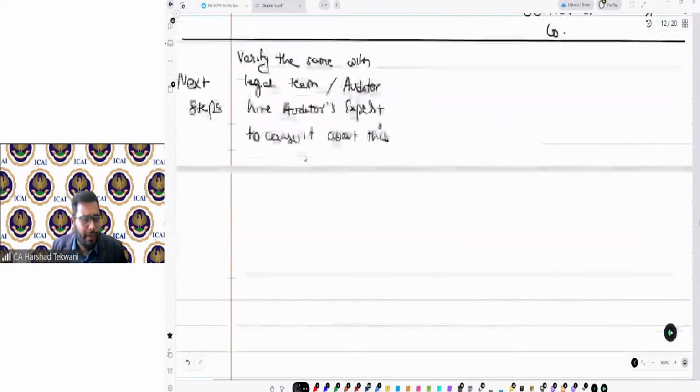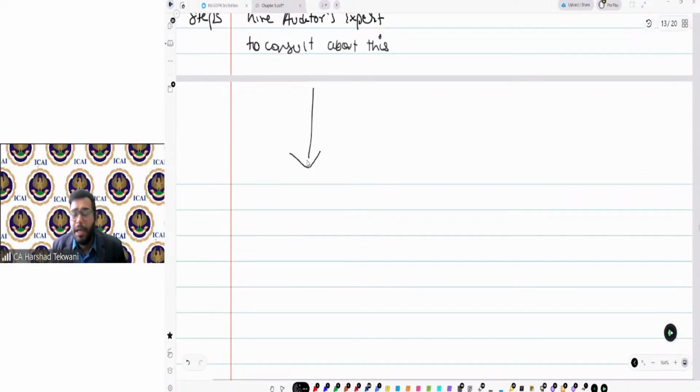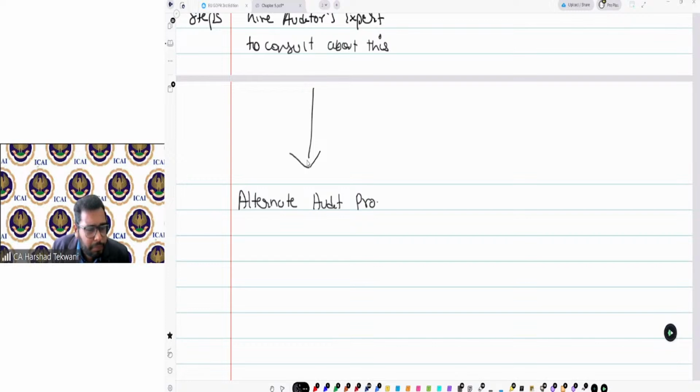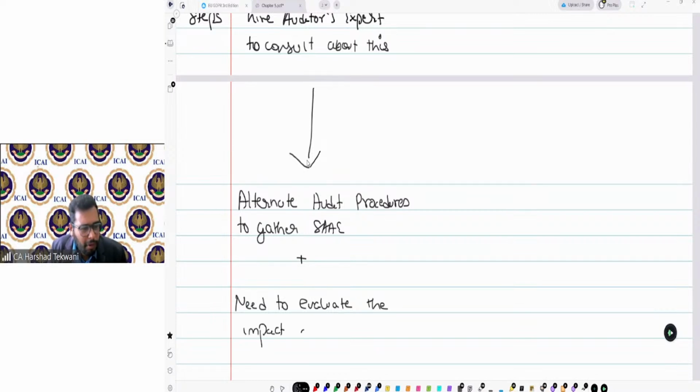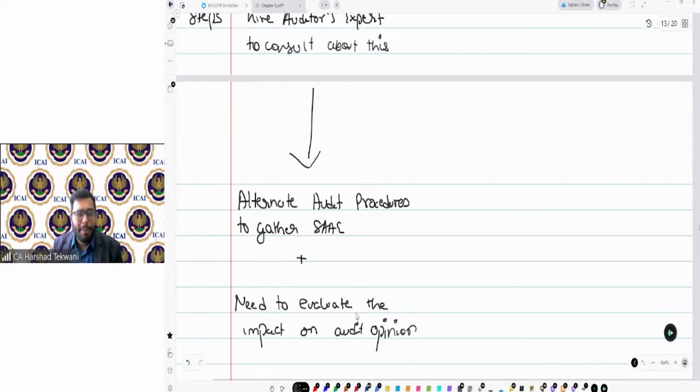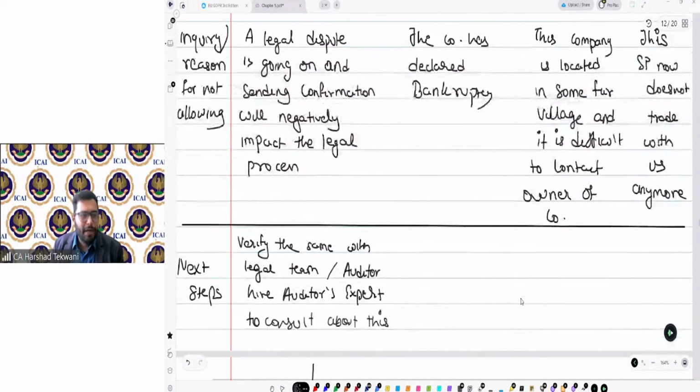And if I find the reason valid, yes, they are saying correct, I need to perform alternate audit procedures to gather sufficient and appropriate audit evidence, plus need to evaluate the impact on audit opinion. So that could be done in this particular scenario.